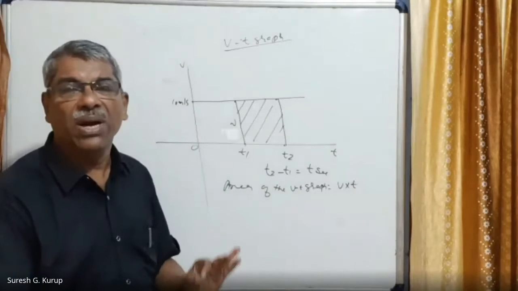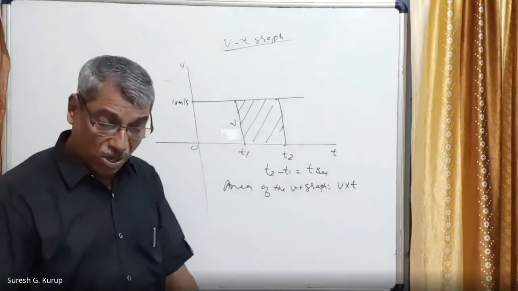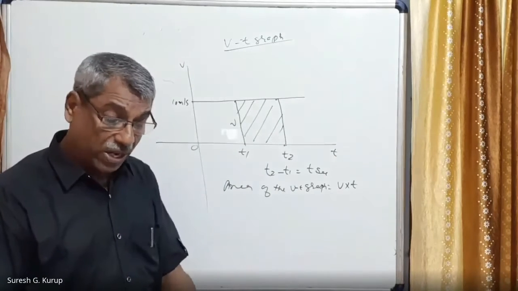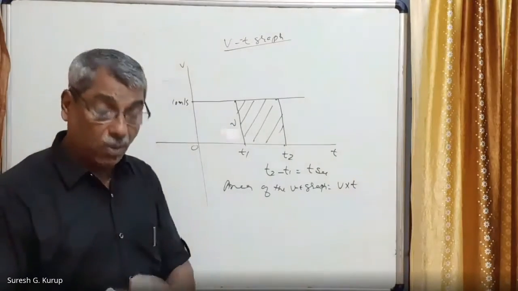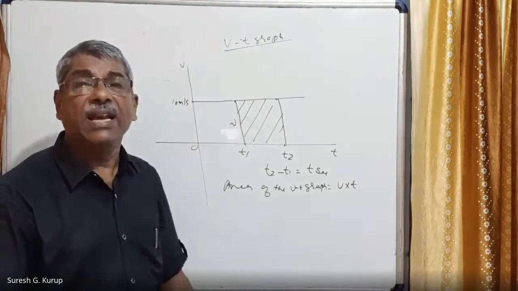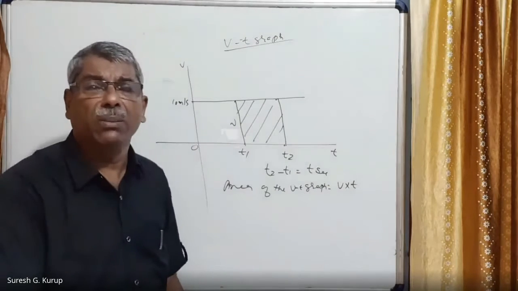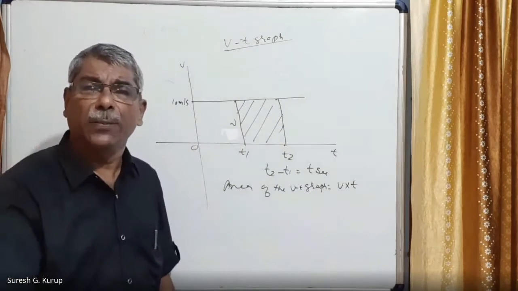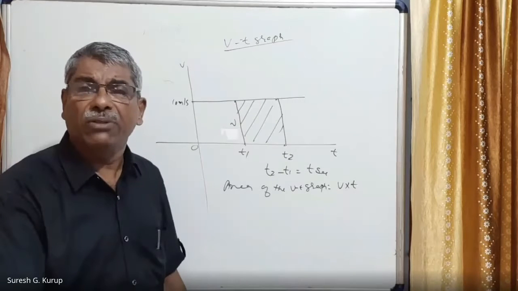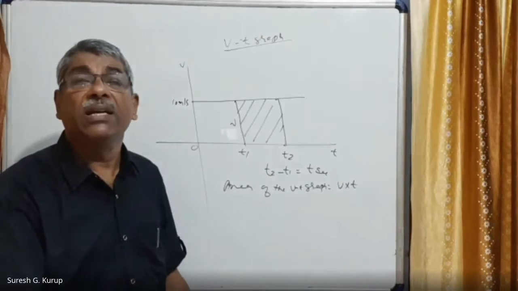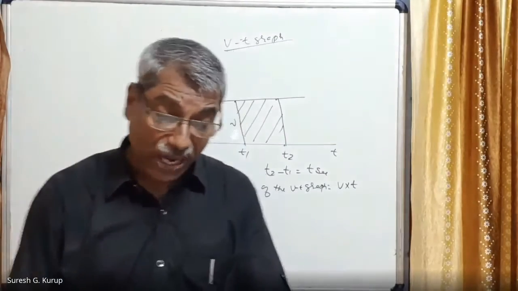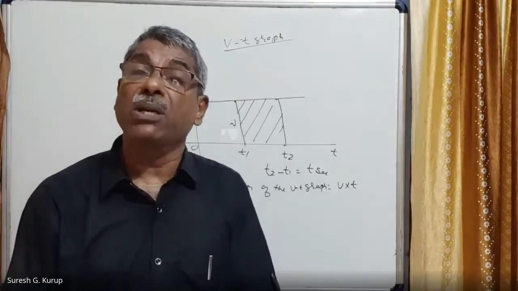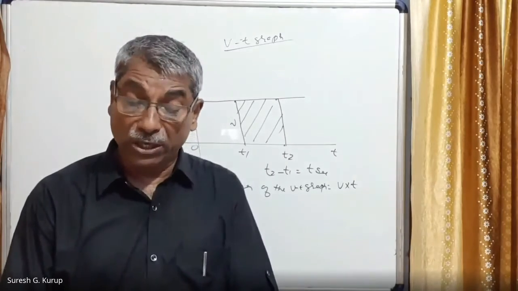Equal to displacement of the body. So the displacement of the body can be obtained by taking the area of the velocity time graph. So this is a very important term. The area of the velocity time graph is the displacement of the body during that time